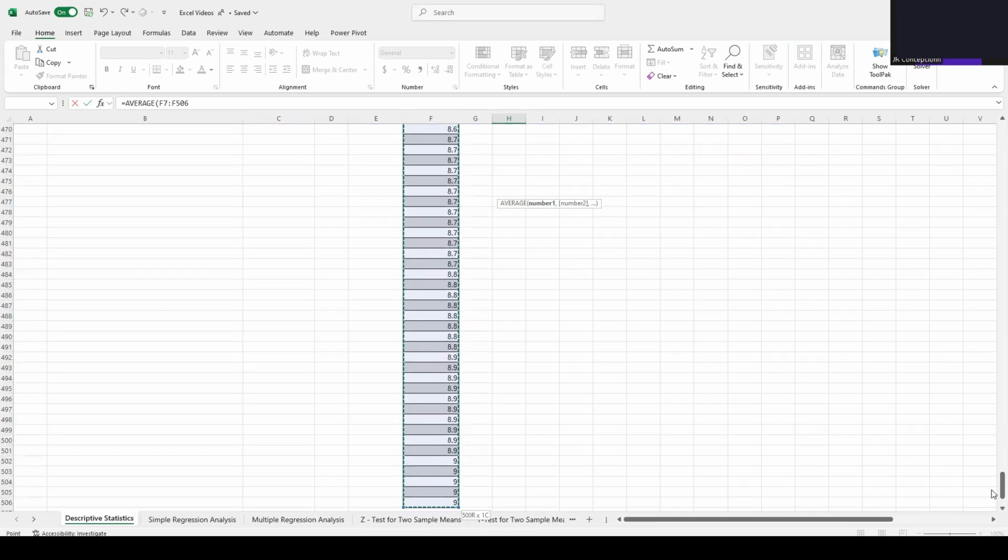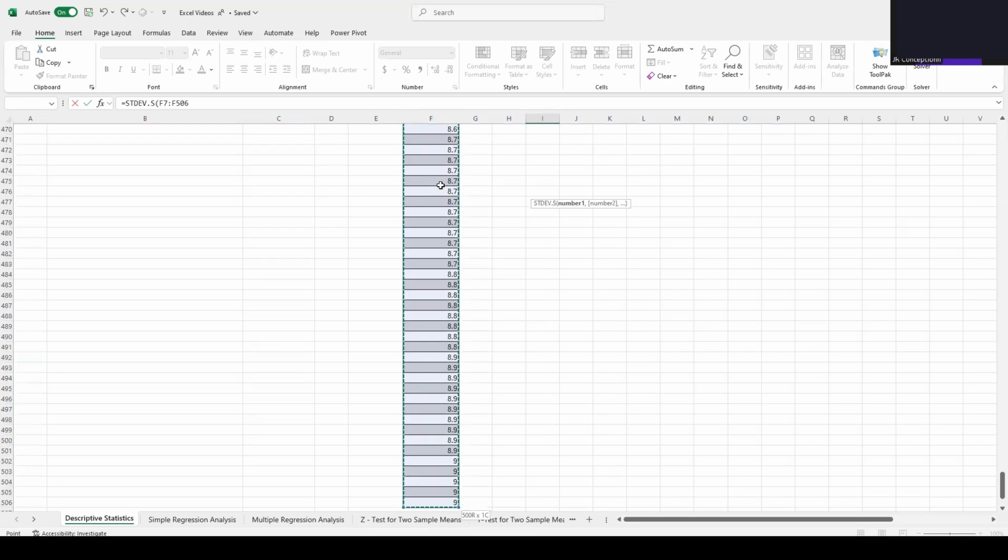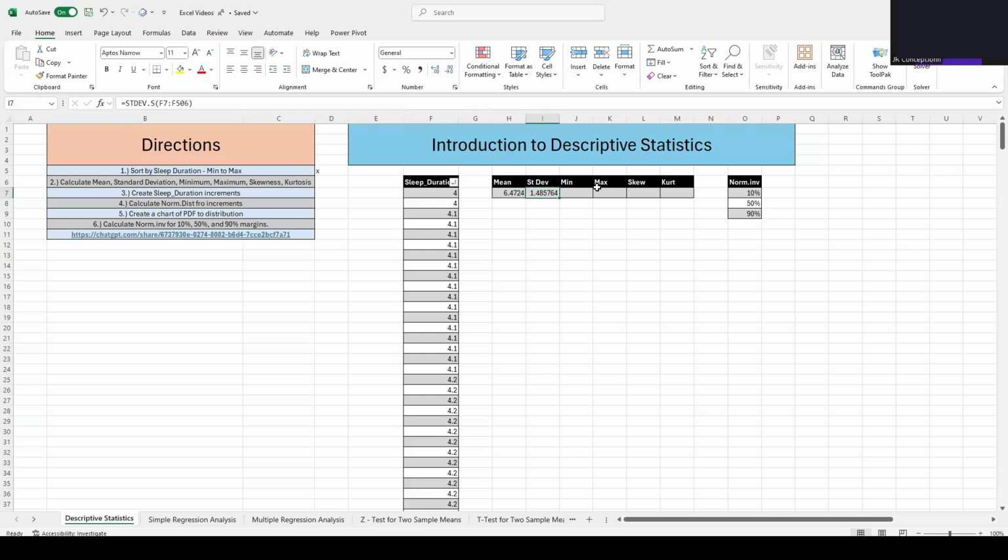So Control Shift down arrow is how you do the mass highlight, and then you can press enter, and that'll give you a mean value. Now we're going to follow the same steps for the rest of them. And for standard deviation, we're going to do STDEV.S. Once again, tab in, and then same thing, Control Shift down arrow, enter, and that'll give us our standard